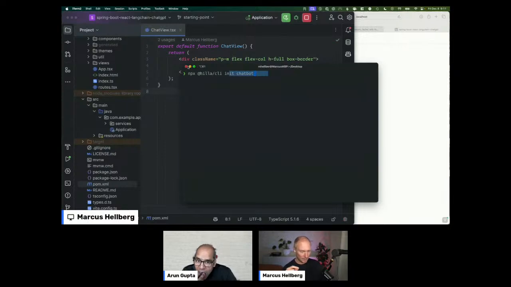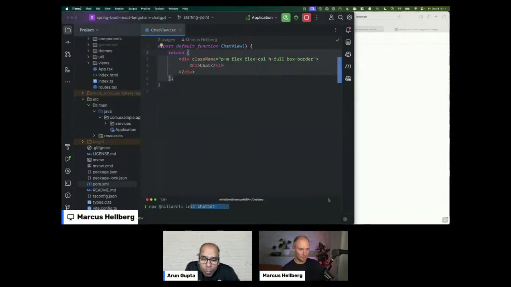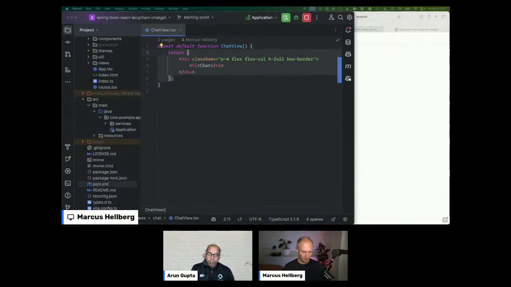Then there's a Maven or Gradle build target that you can run, which will generate that folder for you. So you could start either way. This is what I'm used to doing, but whatever works for you. I think the key part is you can start from Spring Boot and inject this front end folder, or start with the Hilla CLI, which will give you the whole thing packaged up together.